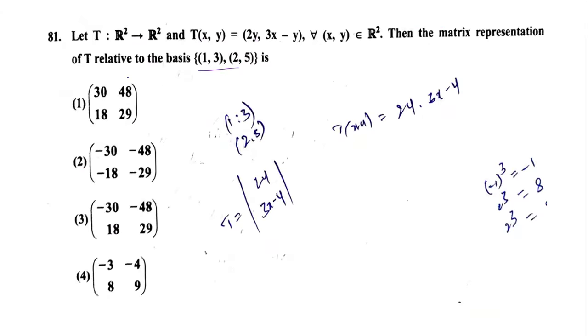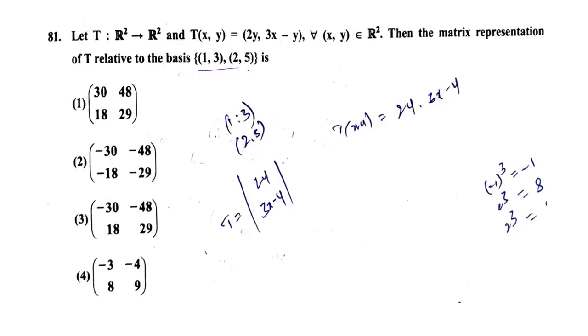This is also a repeated question. Let T from R square to R square be such that T of xy is equal to 2y, 3x minus y for all xy belongs to R square. Then the matrix representation of T relative to the basis 1, 3, 2, 5 is,